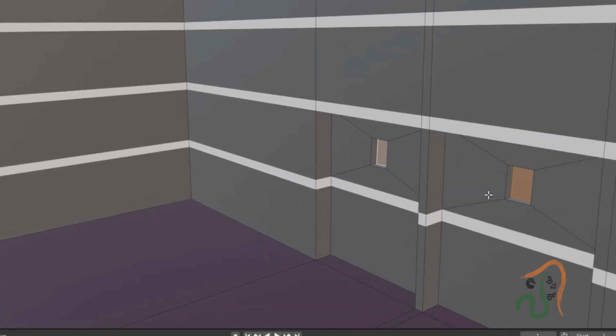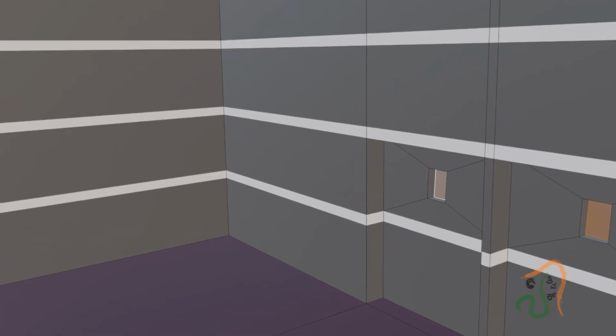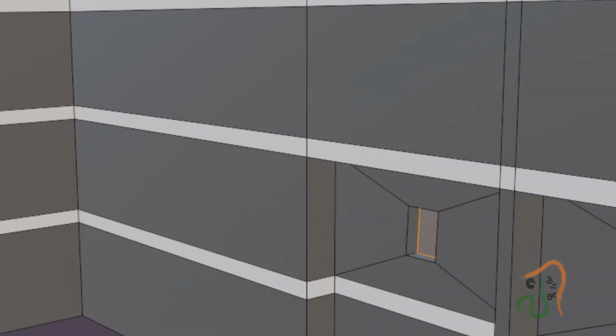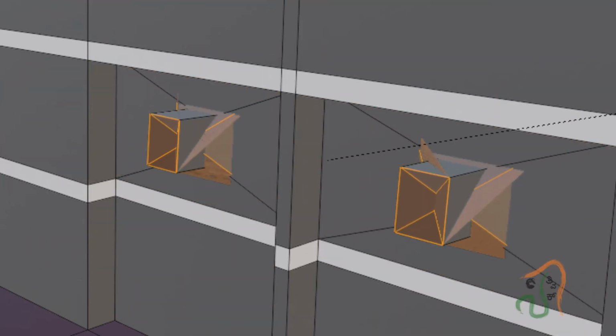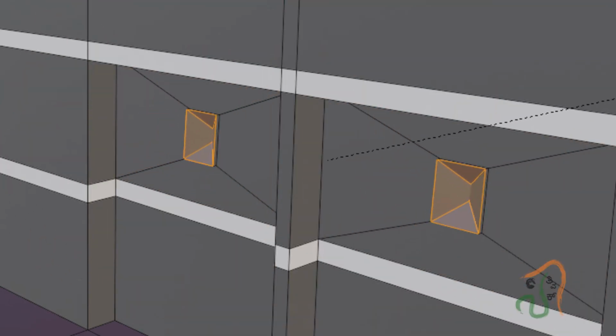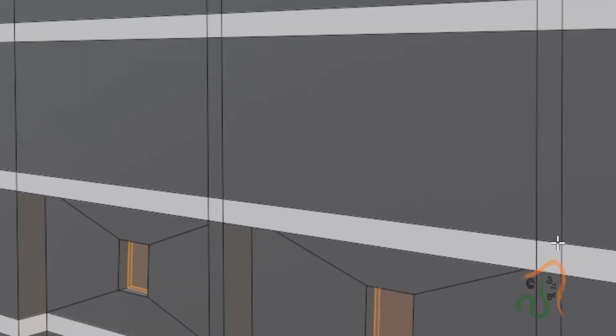And after this what we shall do is come to edge selection mode and press Ctrl B, and when you press Ctrl B, this is going to add a slight bevel. Okay, little bevel like this. So we have added the bevel.